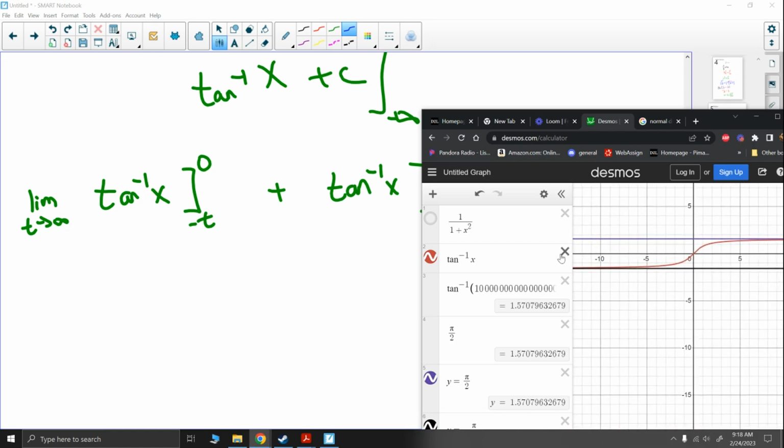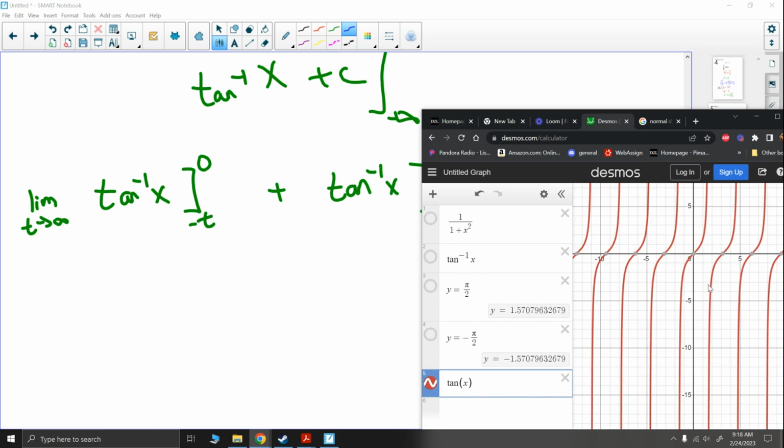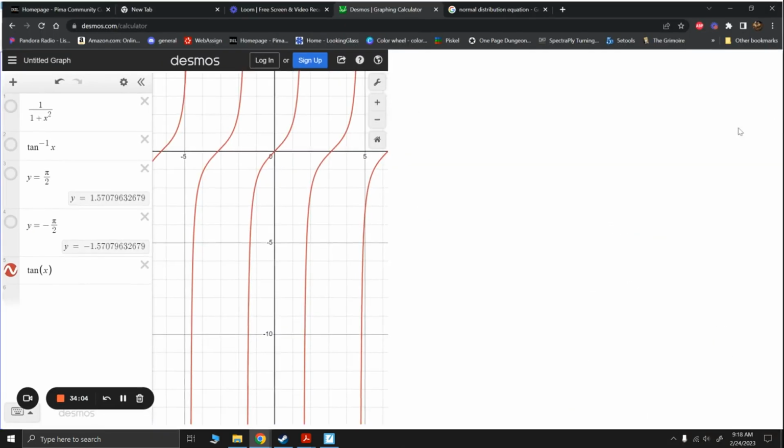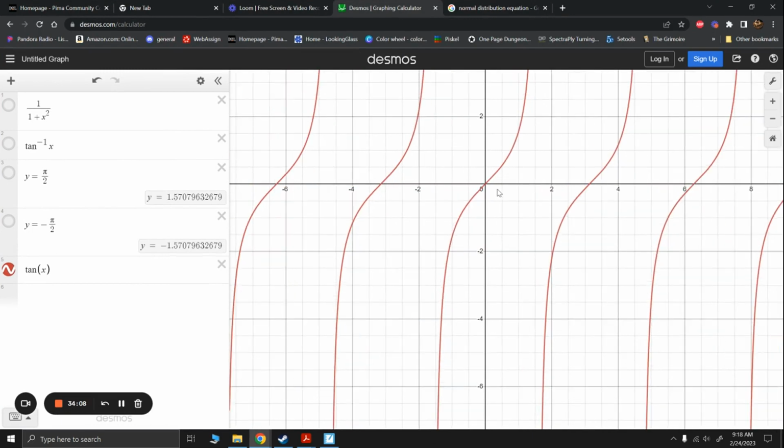Now, how do we know that? Well, I know that because if I see an irrational number, I'm usually okay as long as it's one of our special ones like pi halves, pi thirds. I can usually get it. But let's describe why that actually is. Tan inverse is the inverse function to tangent of x, and tangent of x has